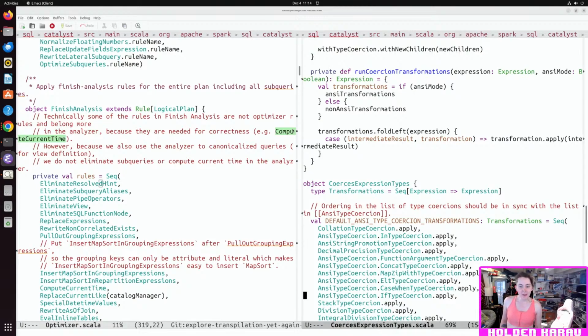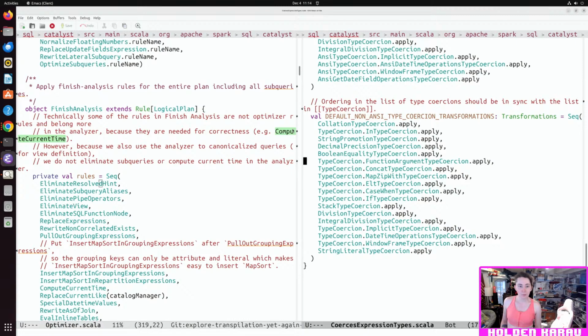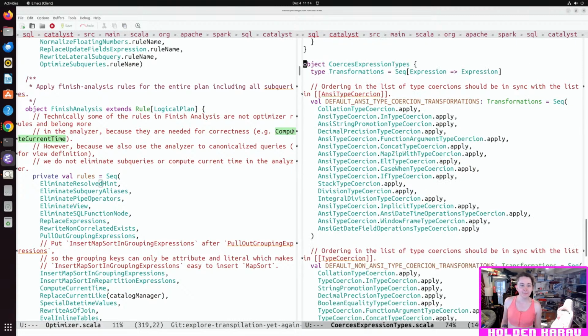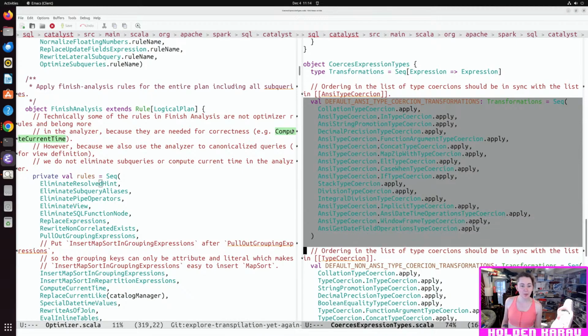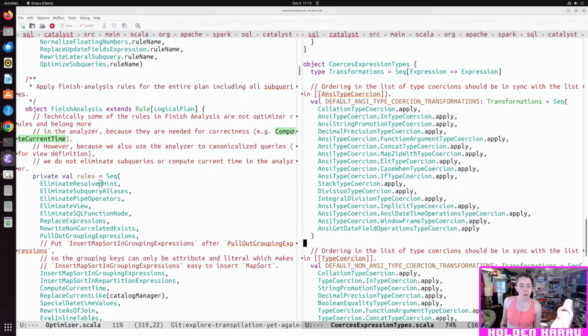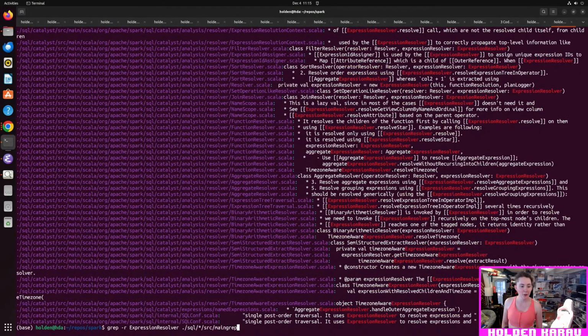Here's an object. Oh wait. These are probably the transformations that we want, realistically. Expression types. Okay, maybe that's what we need, maybe this is what we can get away with instead of the flow resolver.